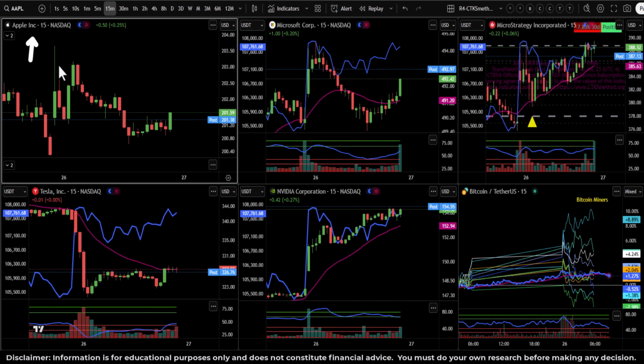When you're looking at Apple, we saw that the major market indexes came into resistance and then sold off. Here's exactly what that looks like if you were trading or investing in Apple. Also, Tesla is under a lot of duress. Please make sure that you look at the structural levels on Tesla. Microsoft did very well. Microsoft has been incredibly strong of late, and NVDA defied the pack and went up.